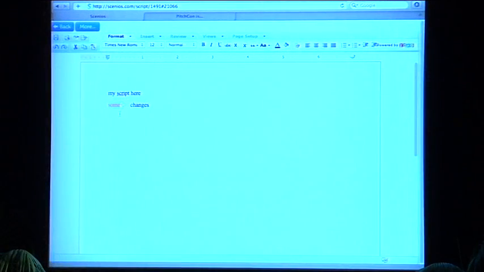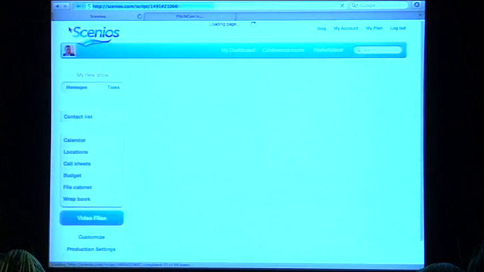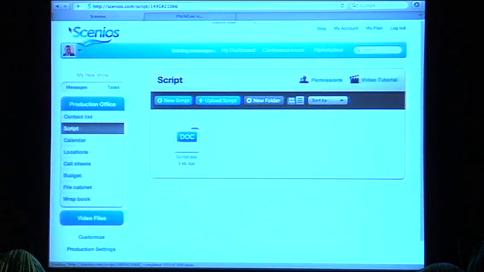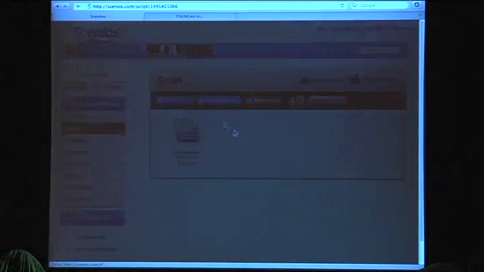Let's change the. And you can see the comments are made here. So very easy to work on the script and go back and forth with your partners to get it to where you want it, what you want it to look like. Now let's say you're working on a reality show, and you want your script to be 2 columns, audio and video formatted like that. So again, I'm going to click on New Script.